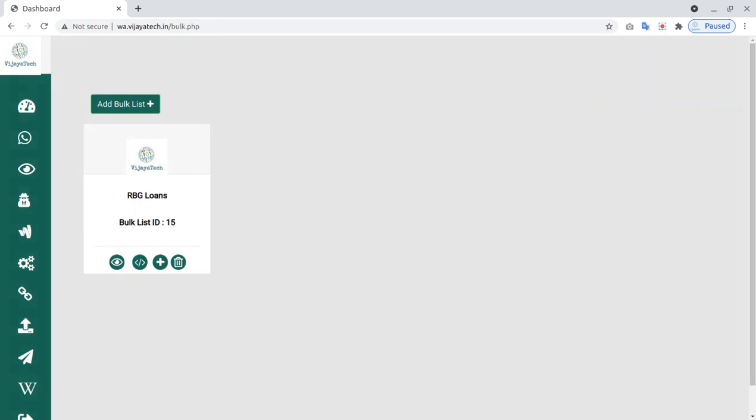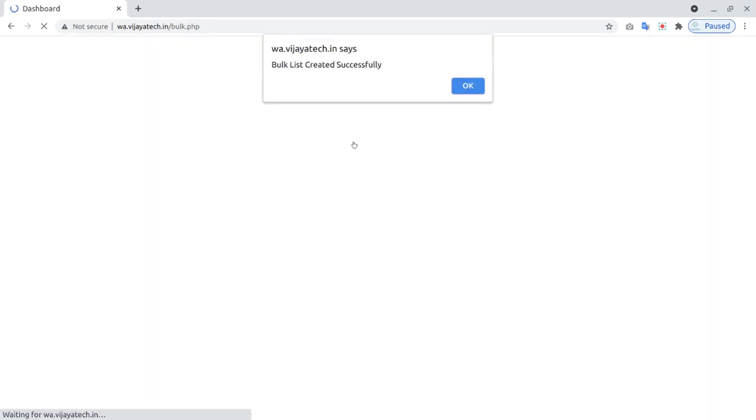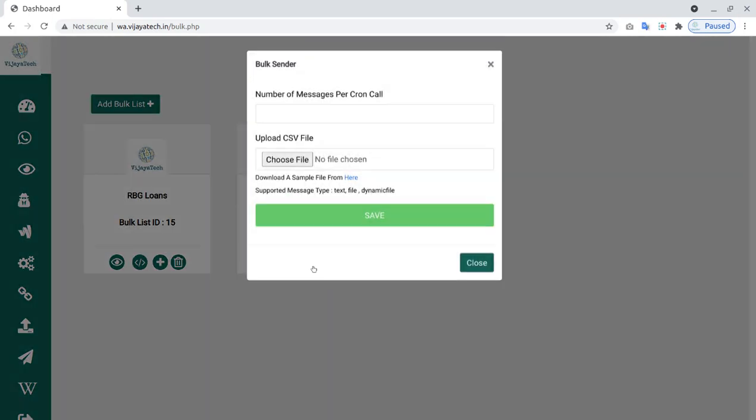Okay. Here click on add bulk list. Give any name you want. Create, then go here and click on add bulk. Here you want to send messages to numbers, so you will upload the list.